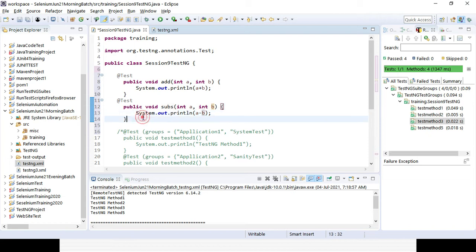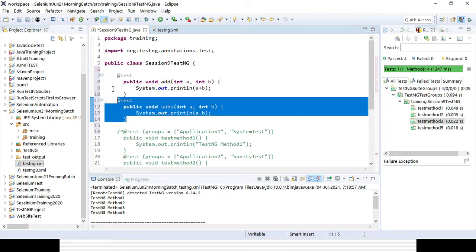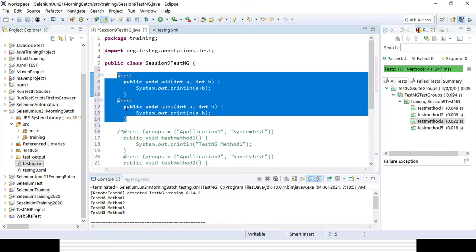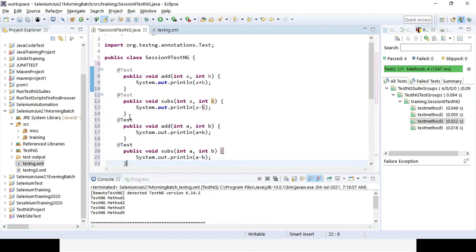I can also create two more test cases for multiplication and division. For multiplication it will be star here, and for division, div. So this is the fourth method I will be running, and it will be division.